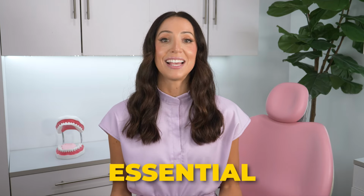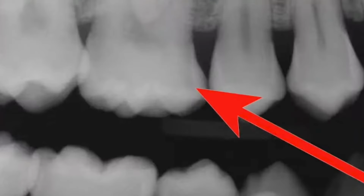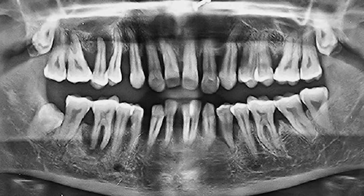Let's start by making one thing clear. Dental x-rays aren't something to skip altogether. They're essential because they help dentists detect problems that aren't visible during a regular checkup. For example, x-rays help spot things like cavities between your teeth, bone loss, gum disease, pathologies, and issues with your jaw. Again, things that aren't always visible just by looking inside of your mouth. By catching dental issues when they are small, before they are visible in your mouth, it will save you time,